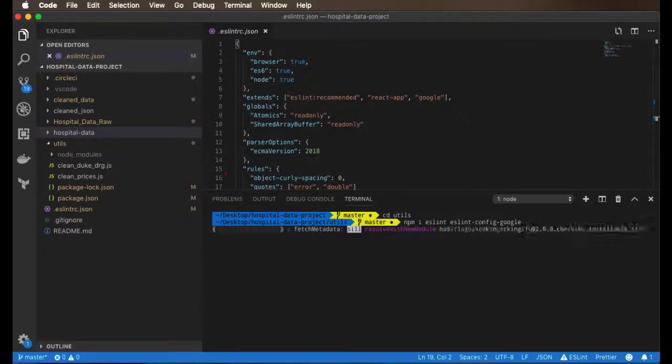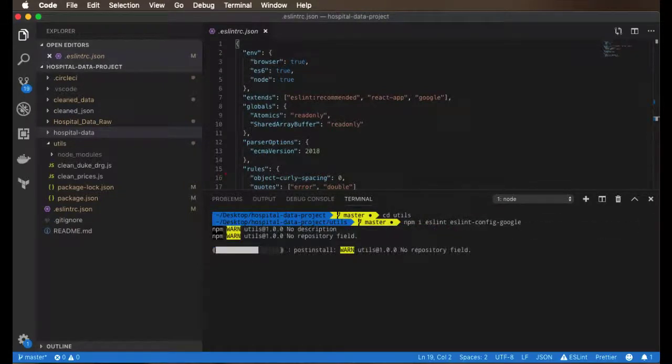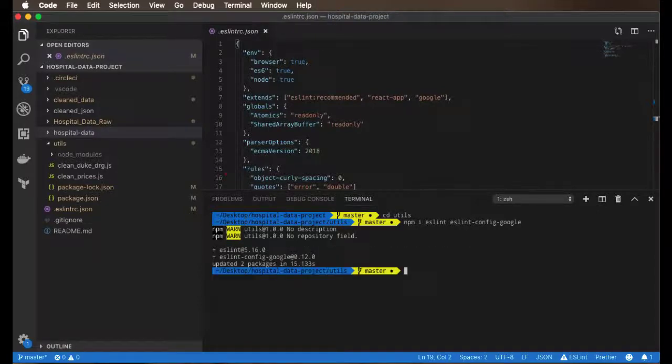So I'm going to let that run. At this point it shows us the versions that we have, ESLint, ESLint config Google, and I'm just going to run npx